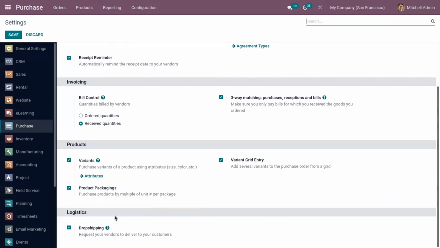So using this, you can request your vendors to deliver products directly to customers. In this case, we are not storing the products in our stock. So if a customer orders a product and if you have enabled drop shipping, then after sale order confirmation, automatically a request for quotation will be generated.